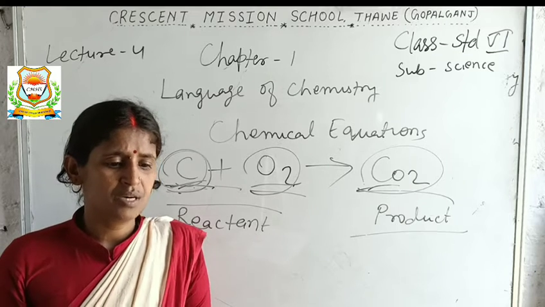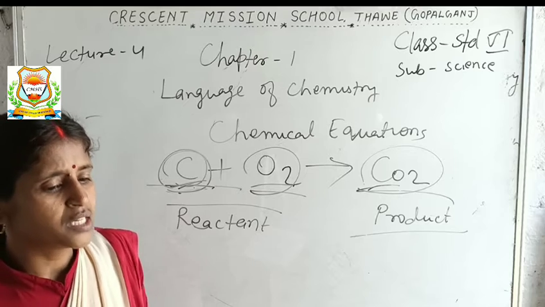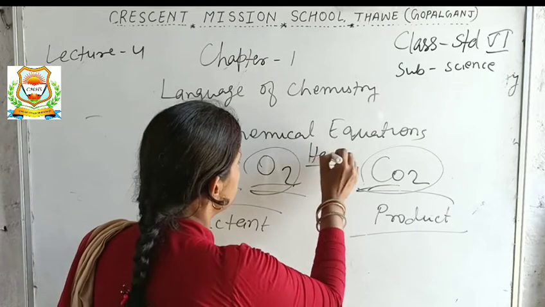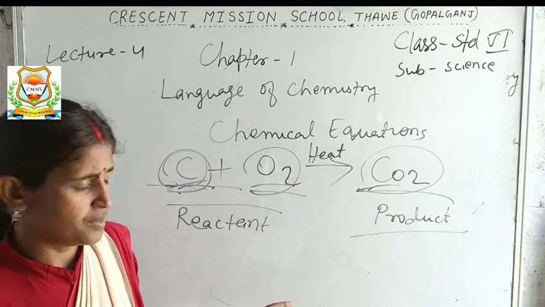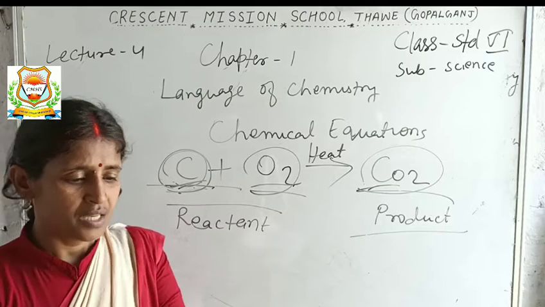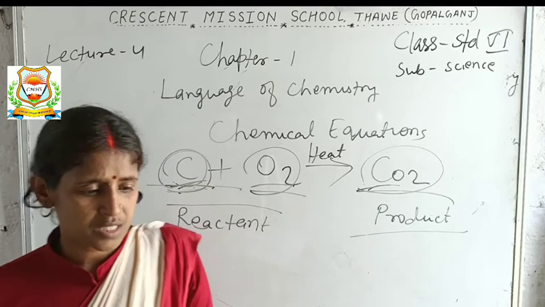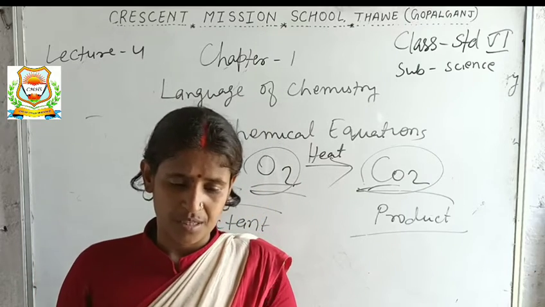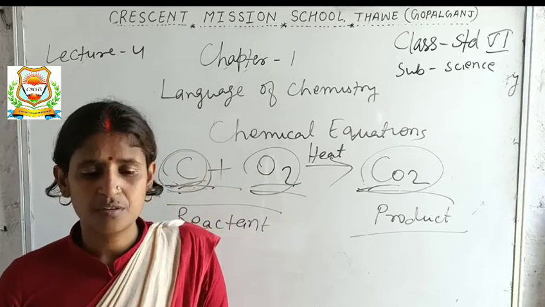Sometimes an equation is made more informative by mentioning the conditions of the reaction above the arrow. Suppose C plus O2, whenever we heat, then carbon dioxide is formed. So today in this video we have learned about some common compounds and their formulas, compound radicals and chemical equations. That's all. In the next video we will meet